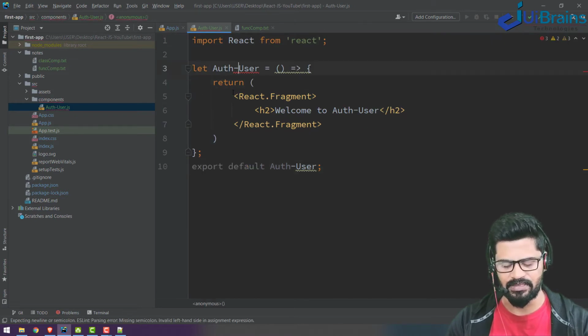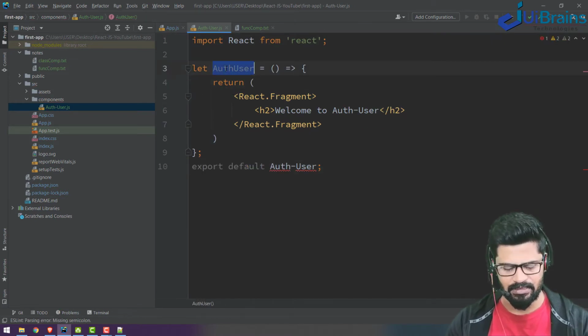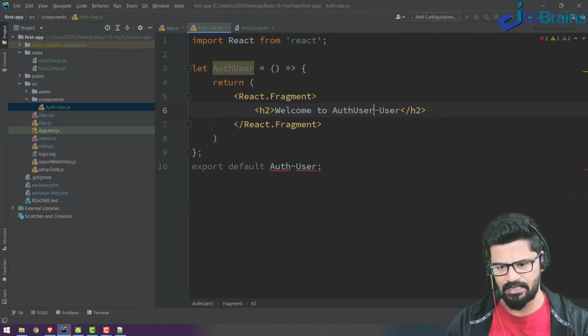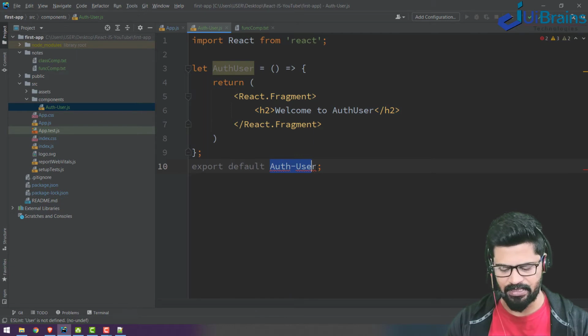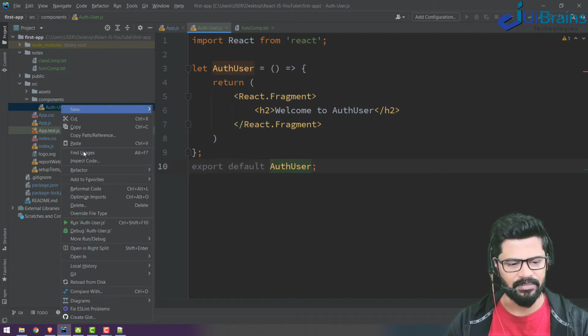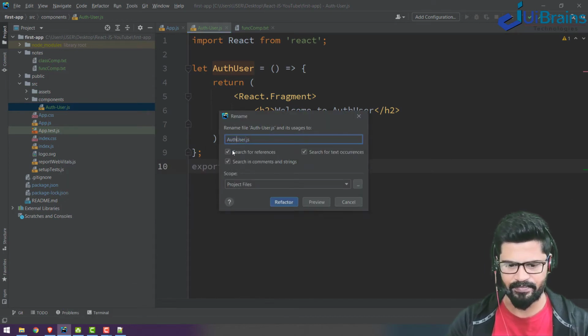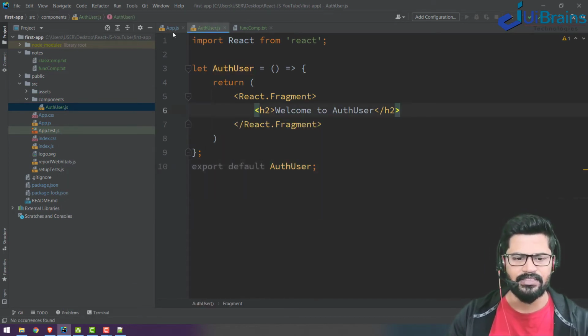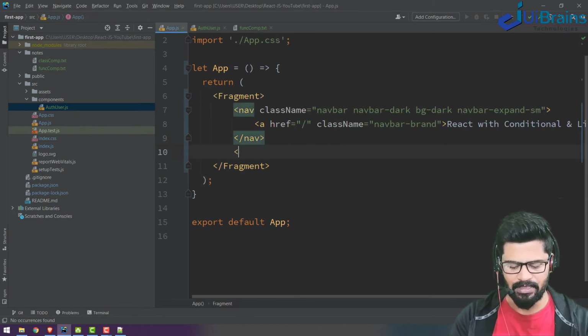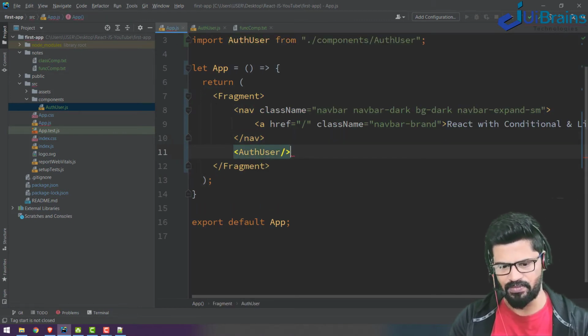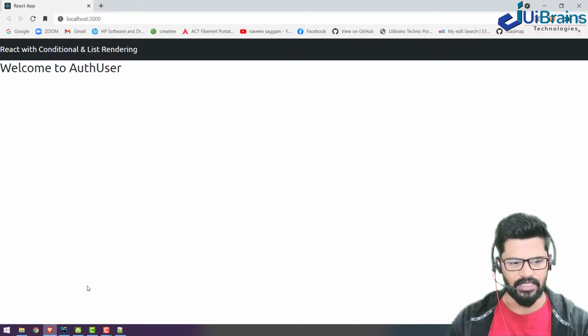Actually, you must not give a hyphen over there. I made a mistake, one minute. Never give a hyphen. You can write camel case, starting with uppercase, and the function name in the file also I changed. Okay, done. Let's go to app and connect the AuthenticationUser. Now you can check, AuthenticationUser has come.